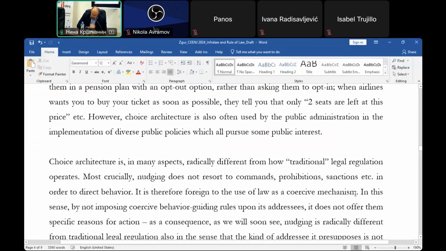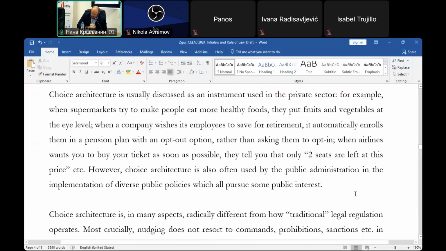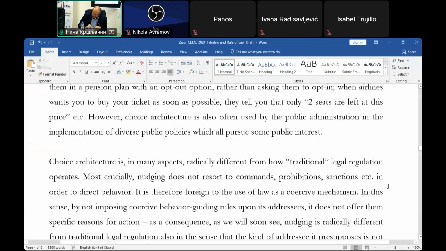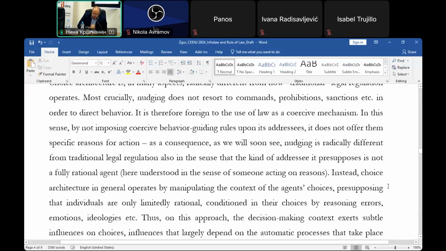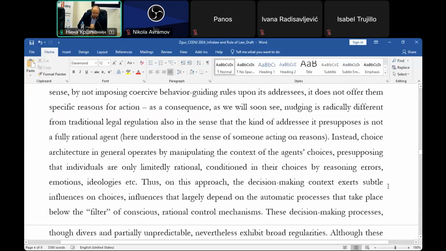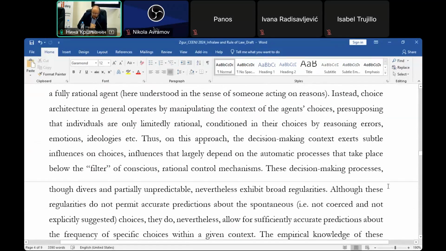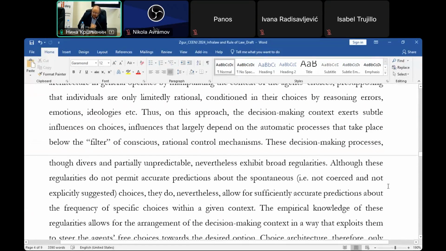Instead, choice architecture in general operates by manipulating the context of the agent's choices, presupposing that individuals are only limitedly rational, conditioned in their choices by reasoning errors, emotions, ideologies, and so on. Thus, on this approach, the decision-making context exerts subtle influences on choices, influences that largely depend on the automatic processes that take place below the filter of conscious